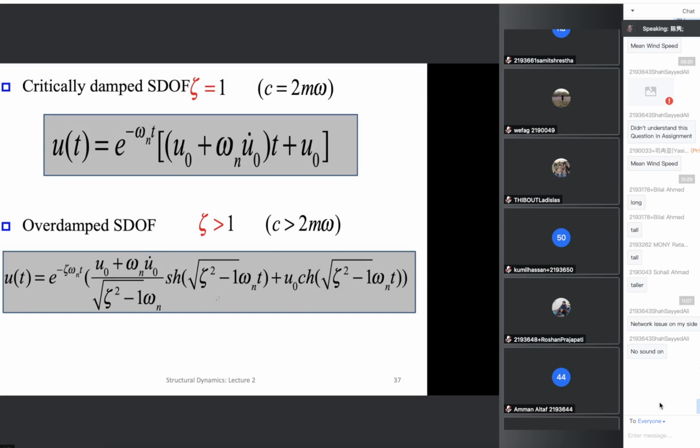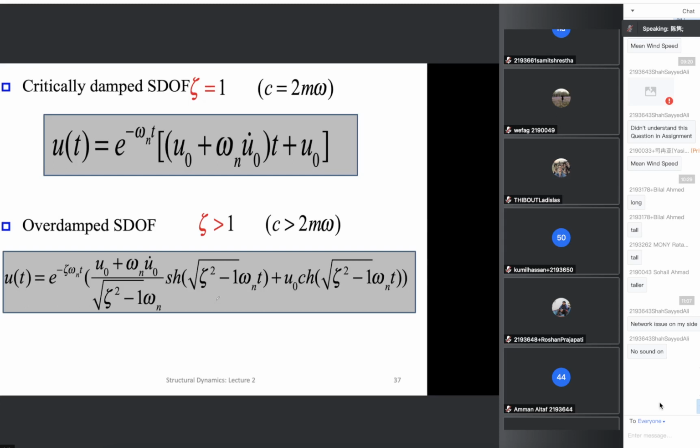The door will have no vibration, and will slowly go back to its original position. After you push this away, it will go back. Push it away, go back. It will not be like this. So this is an overdamped system. And the seat of your car, if you have experience riding a car,